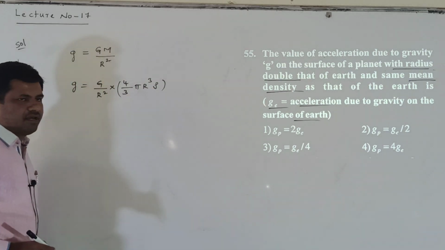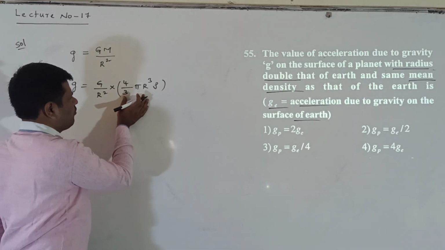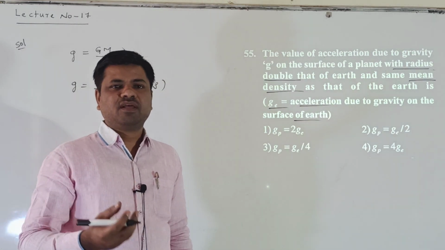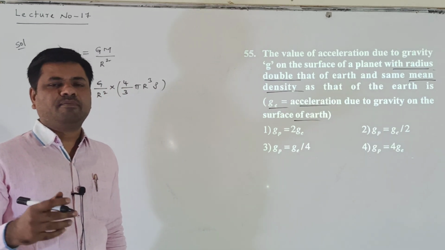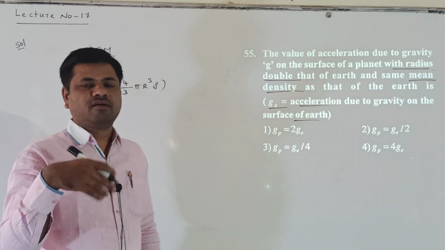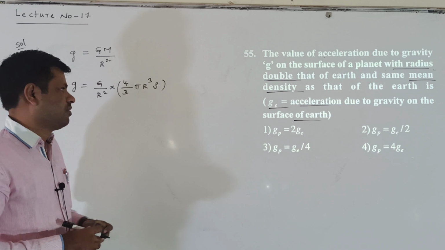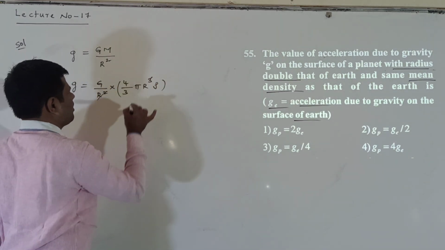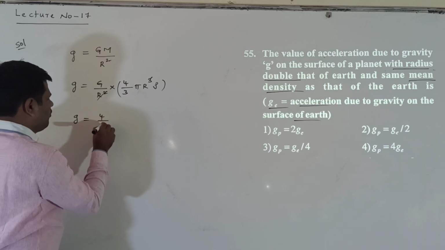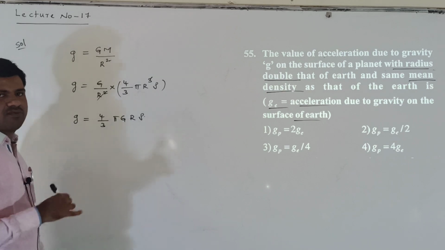We have discussed many times: mass is equal to volume into density. Volume is equal to 4 by 3 pi R cube, density is equal to rho. This is the volume of the earth taken as 4 by 3 pi R cube because the earth is considered nearly a solid sphere. So 4 by 3 pi R cube into rho. Here R square, R is getting cancelled. Now g equal to 4 by 3 pi G into R rho. We know this formula already.